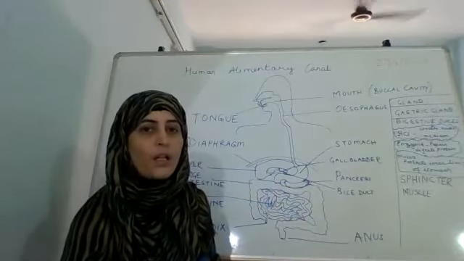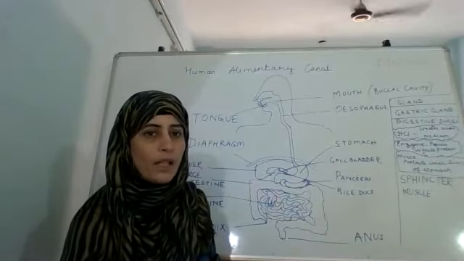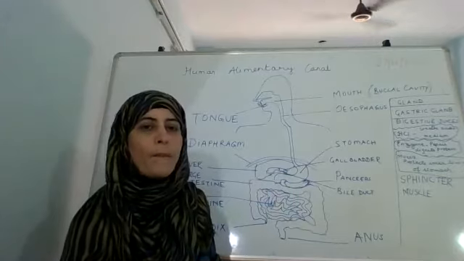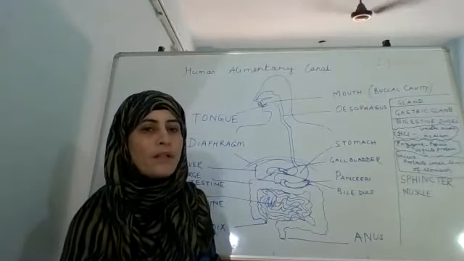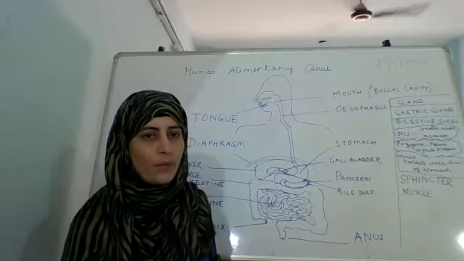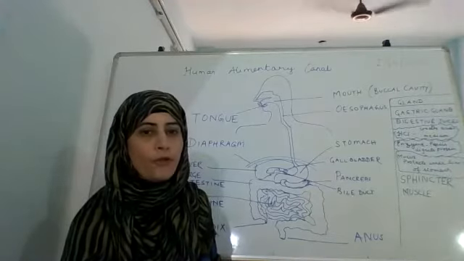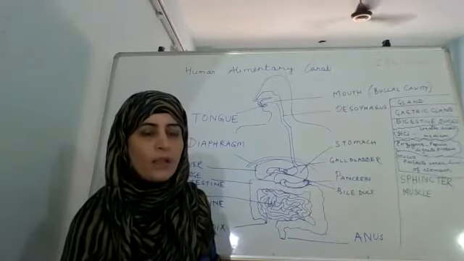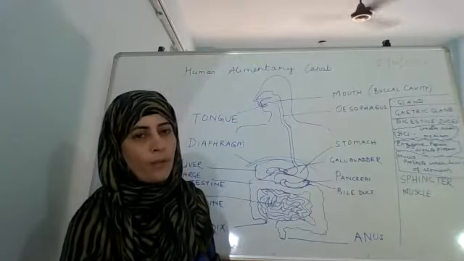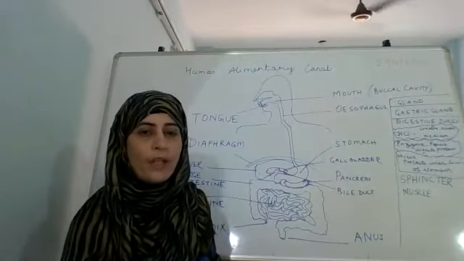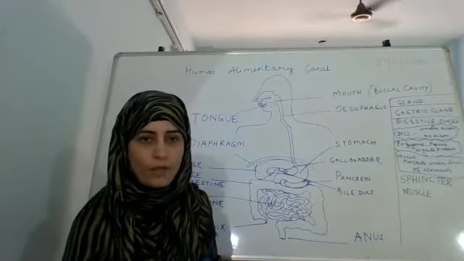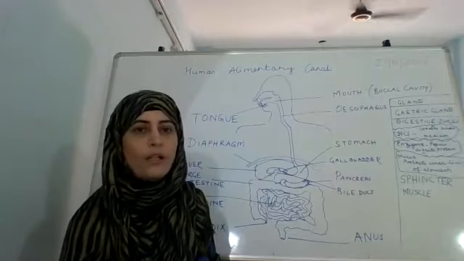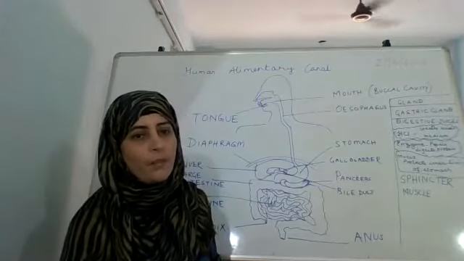Now what will the liver give? Can you tell? The liver will give you the bile juice and the pancreas will give you the pancreatic juices. Now these pancreatic juices, or the enzymes coming from the pancreas, are going to break the food further. The proteins, the carbohydrates, the fats, all these are going to be further broken down. But they need the medium to be alkaline, then only they can perform efficiently. So to make the medium alkaline, what is helping? The bile juice coming from the liver. That is going to make the medium alkaline.